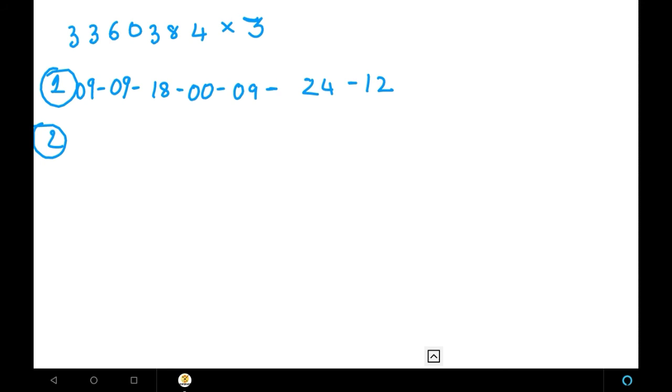Step 2. We are going to find the answer. What we have to do is leave the right extreme number as it is, and that will be our units place for the answer. So the right extreme number here is 2. We are not going to take the whole digit because we are going to add each and every single digit. We are not going to take the full number like 24, 18 or 12. We are going to take the single number.